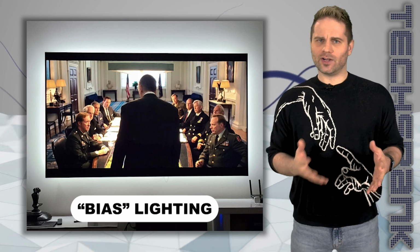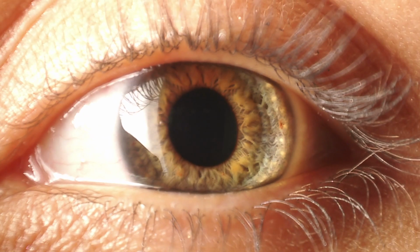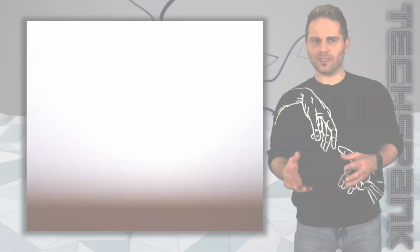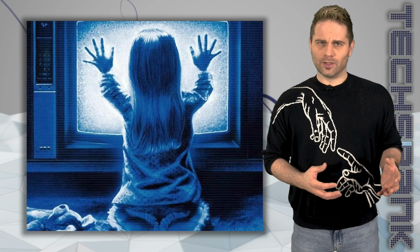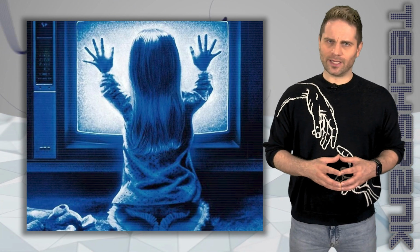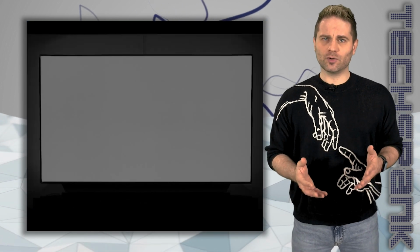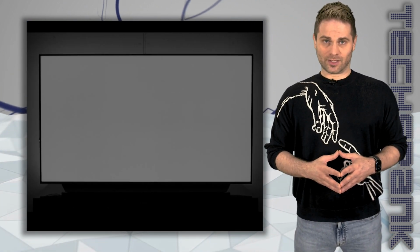It has to do with how your eyes see. The human eye is designed to adjust to changes in brightness, but it takes a little time to do it, while your TV can do it instantly. So when you're staring at a bright screen in a dark room, your pupils have to dilate to let in more light, which can cause eye strain and fatigue. But with bias lighting, you're creating a more balanced environment for your eyes to see things in, reducing the need